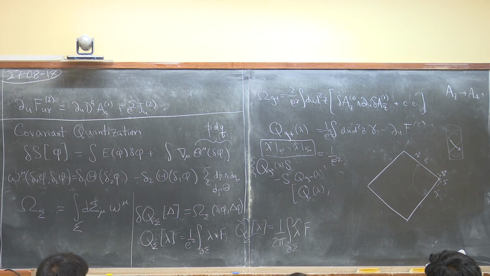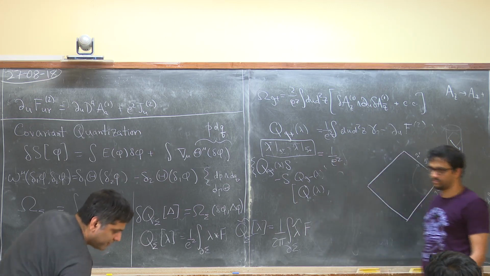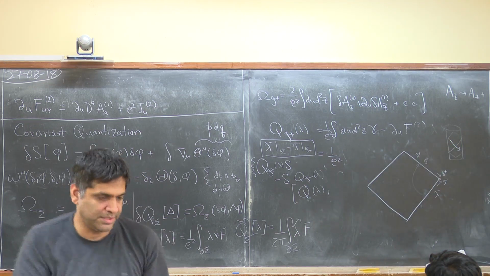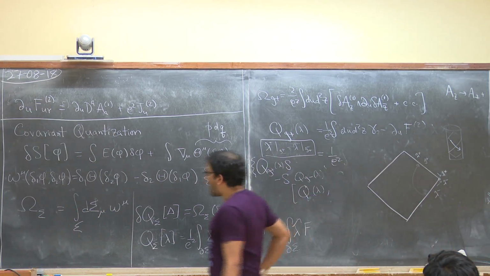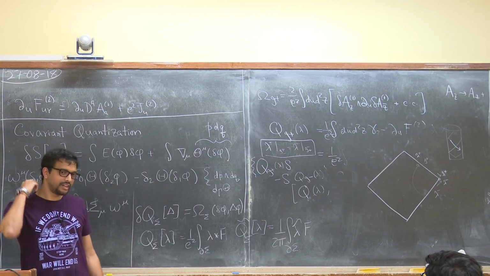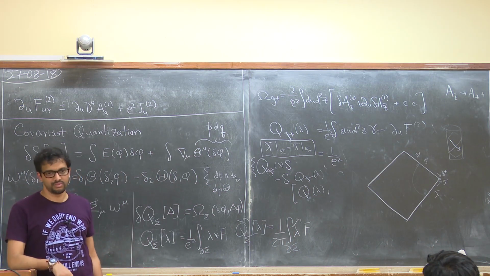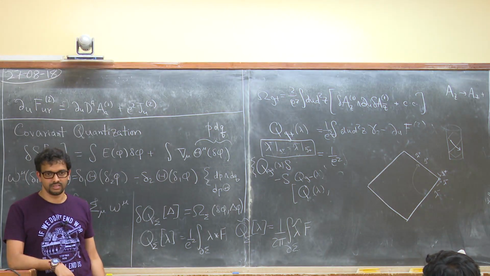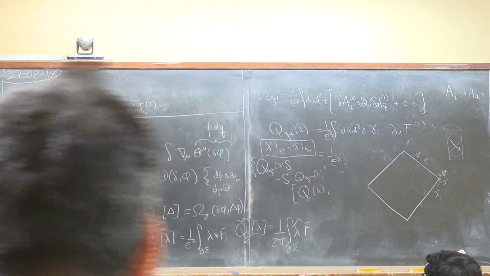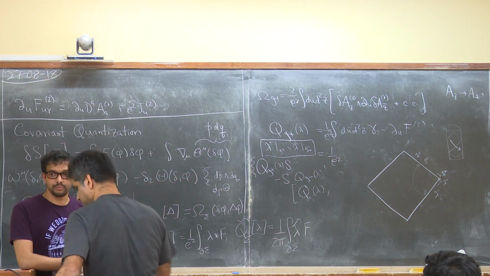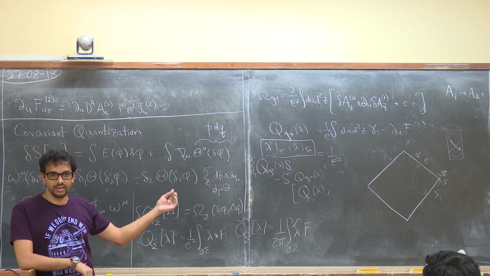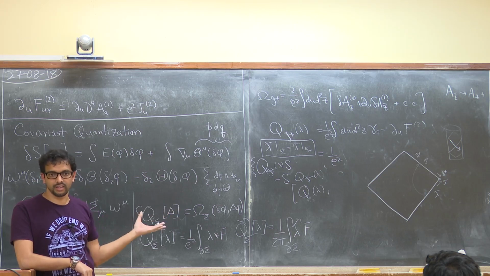So in other words, if I ask you what is lambda plus at u equal to 0, how is it related to lambda minus at v equal to 0? You can't say that. But the main point here is that you have a common point, and that's the only common point. So that's the point where you can hope to match. Everywhere else, you can't say anything.